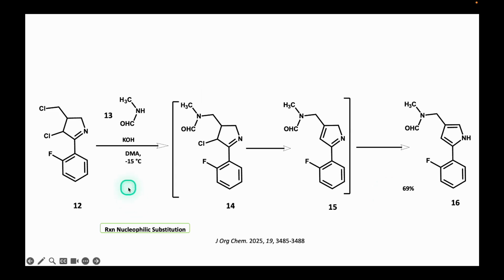Through a nucleophilic substitution reaction, the chlorine attached to the chain is replaced by the nitrogen from N-methylformamide 13, yielding intermediate 14, which in a basic medium undergoes a chlorine elimination reaction, forming pyrrole 15, which finally tautomerizes to pyrrole